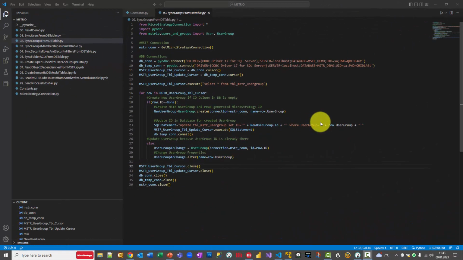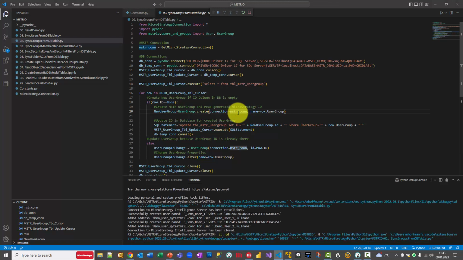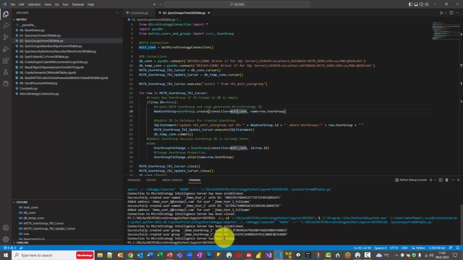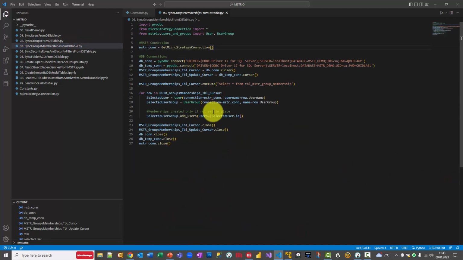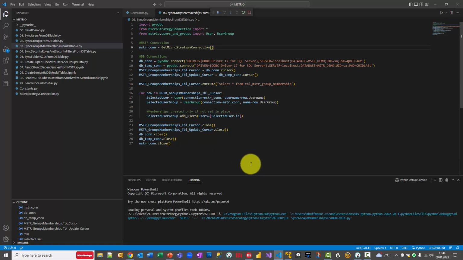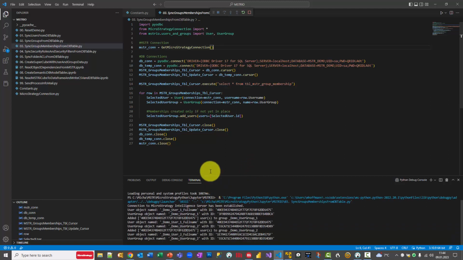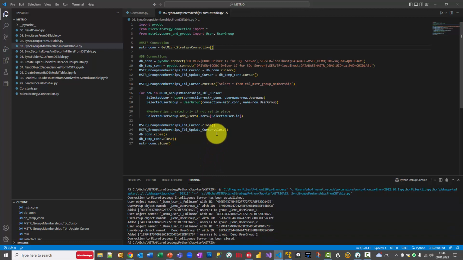And now we do the same with the group objects and the relationships between the users and groups. So this is the code to create the group objects. We run this code. And you can see now the groups are created. Okay. We step to the next code snippet here that I created. This is in order to create the relationships between the users and groups. We add the users to the groups. Let's run this. Okay, relationships are created. Okay, and now let's take a look in MicroStrategy Workstation if the objects and the relationships